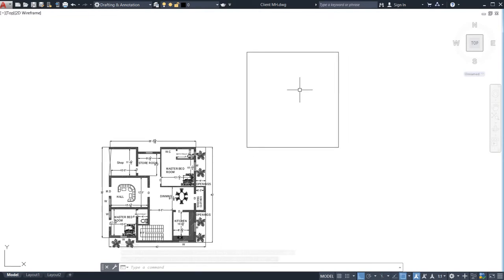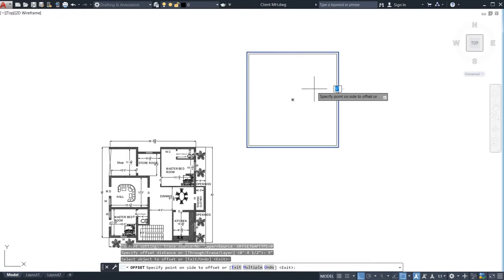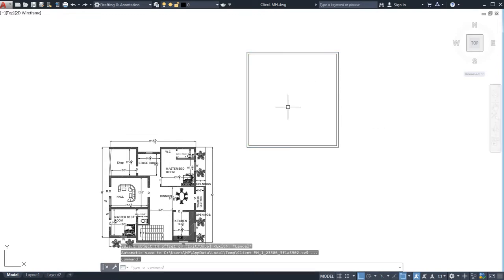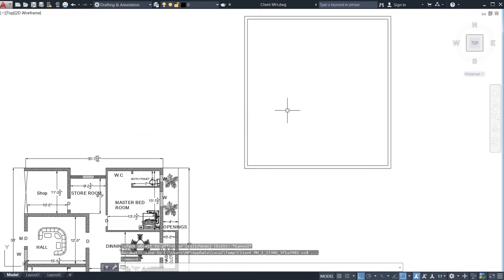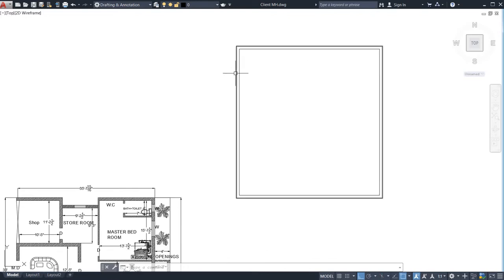Now what I want to do is go for the offset command, just click it over here. Now you know the 9 inch is the exterior wall thickness which I am going to give here, 9 inches. Now go for the escape command. Don't forget to escape. This is the brain of the AutoCAD if you are using AutoCAD 2020 which I am using here. Now you can see this is the polyline. If you drag your mouse cursor over here, you can see the whole thing is selecting, which I really don't want because I need to do some offset line commands. So I just go and click it here.